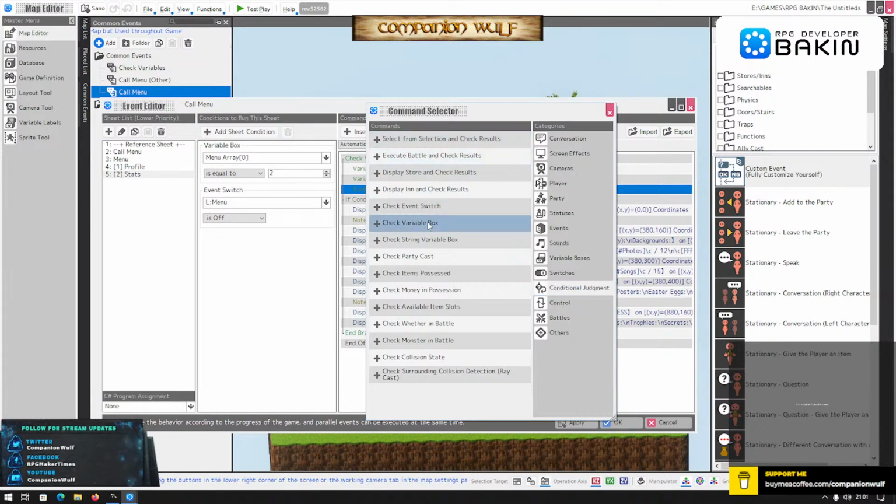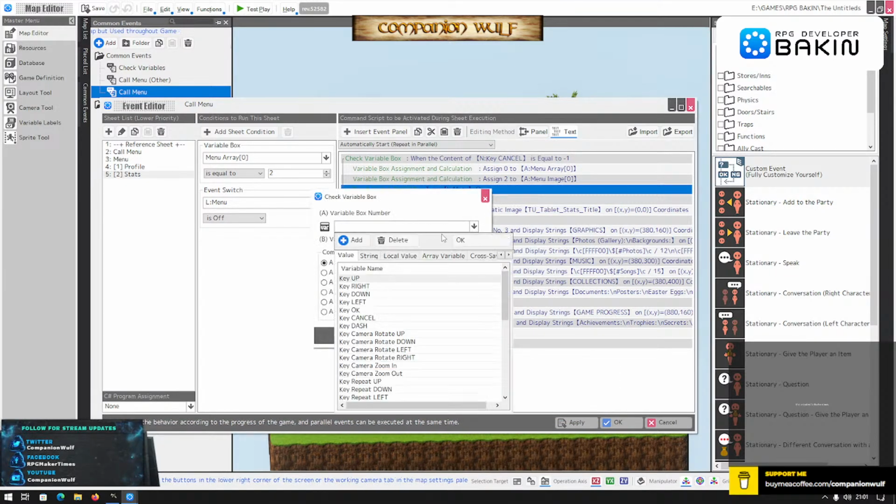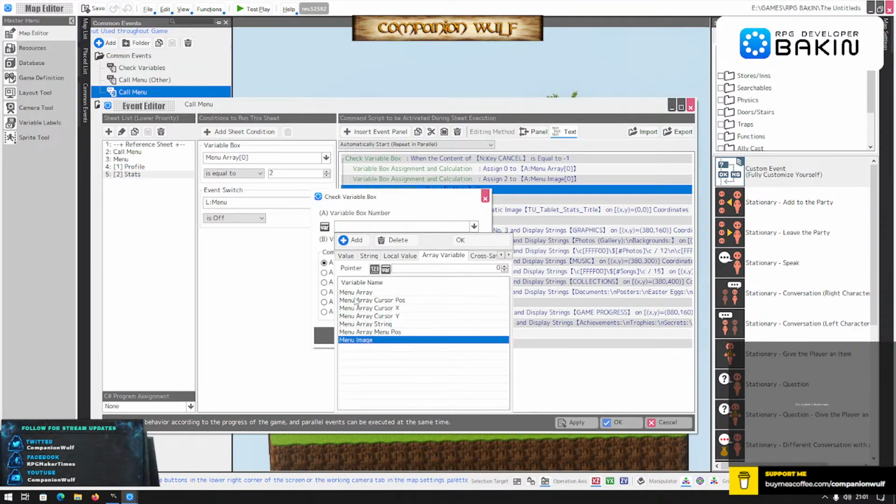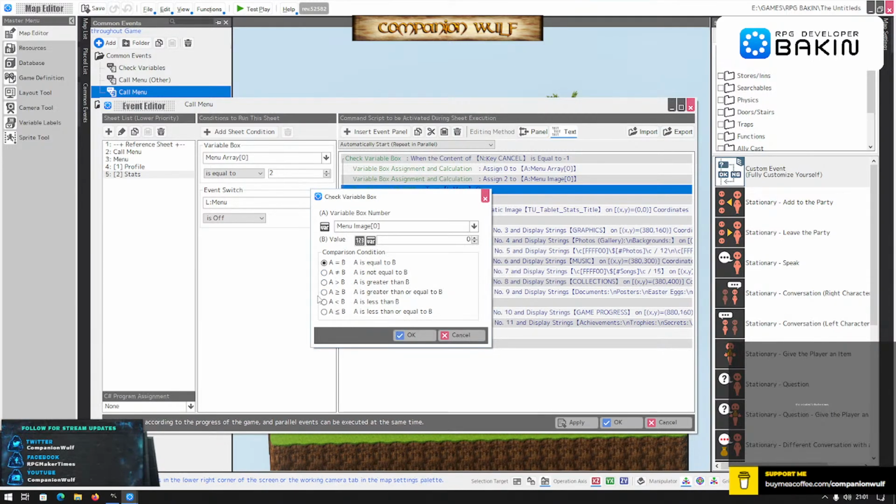And if the array variable is greater than or equal to 2, less than or equal to 11,